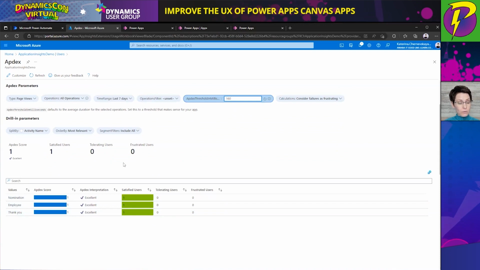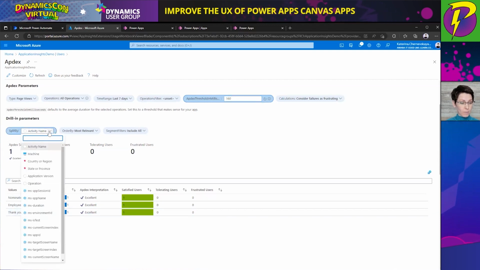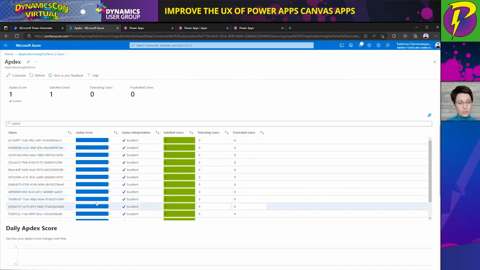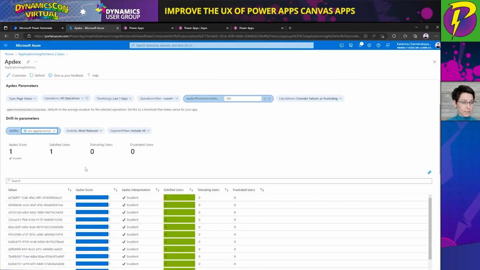In addition, you can drill in by different parameters. Now we can see just information about our screens. In our application, we have just 3 screens. But if you would like, for example, to analyze this performance by environment, if you collect information from your application from different environments, you can drill in by environment. Also, you can drill up by session ID. So in this case, you will see how sessions are going on, and etc. and